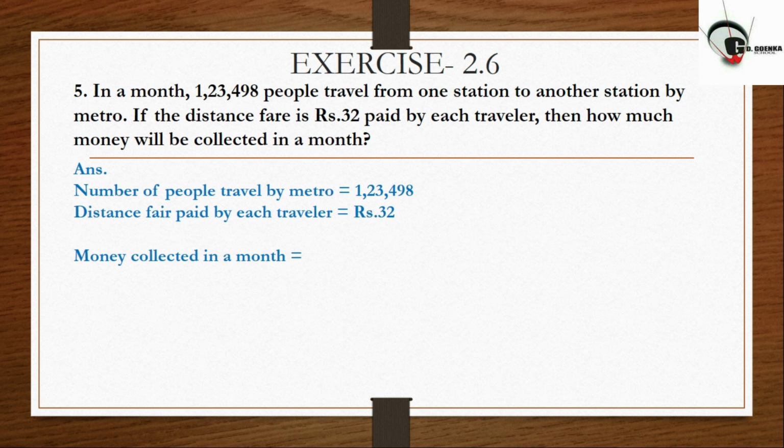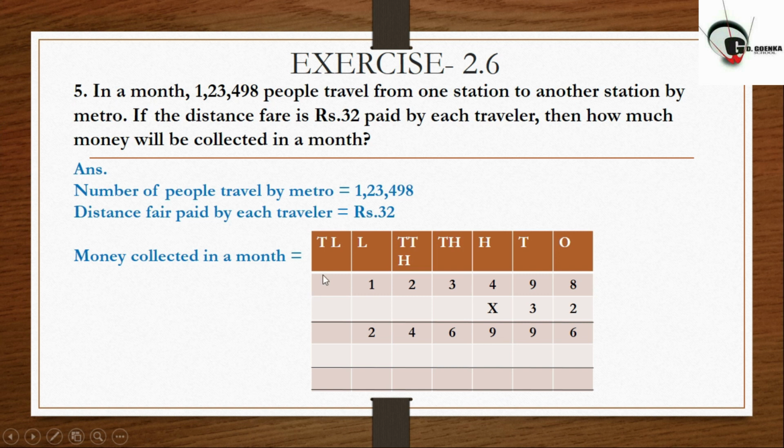So for that we need the format like this. First of all we write down all the numbers in the column, that is 1,23,498, and then we need to multiply by 32. Starting with 8, for doing multiplication, children, keep in mind we always start from the right hand side, from the ones column, and then we will multiply 2 by 8. First of all, 2 8s are 16, 1 is the carry over here, then 2 9s are 18, plus 1 will be 19, 1 is carry over here, then 2 4s are 8, plus 1 is 9, then 2 3s are 6, 2 2s are 4, 2 1s are 2.